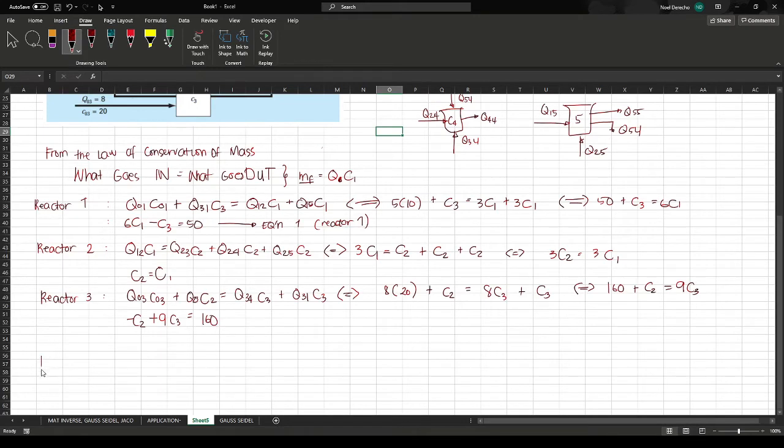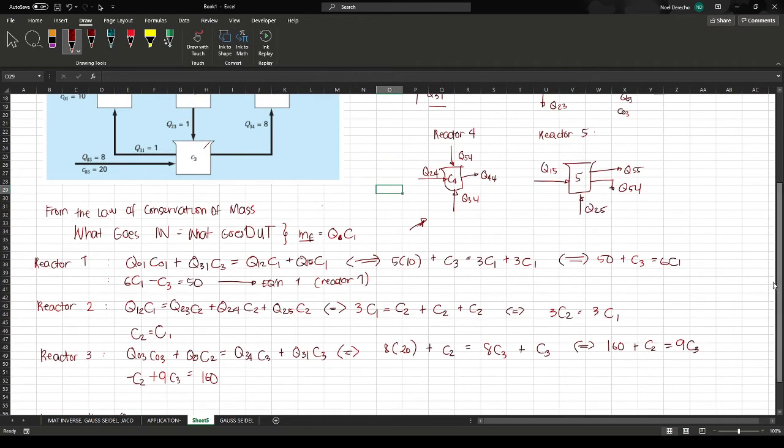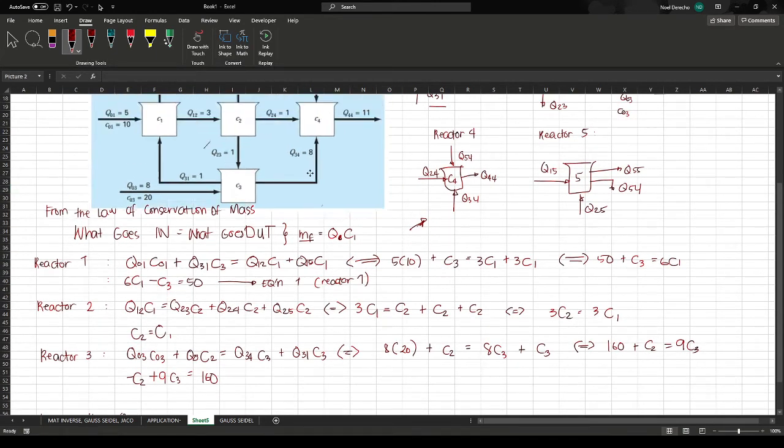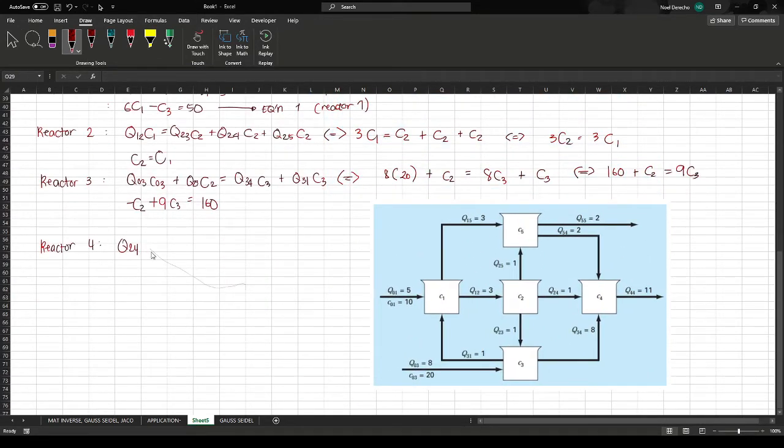For reactor 4, we have, looking here, so that is going in Q24 from, let's just drag this, Q24, which is from C2,